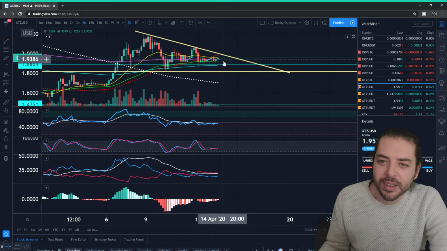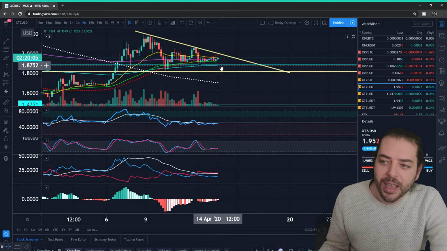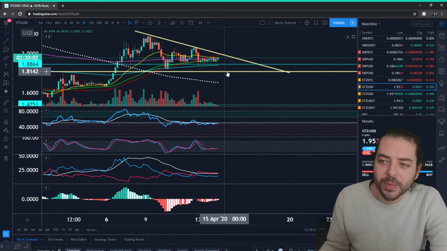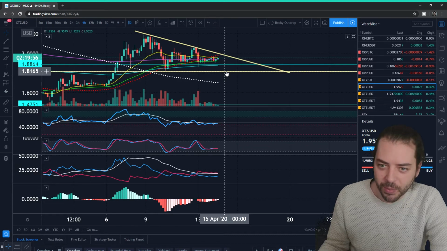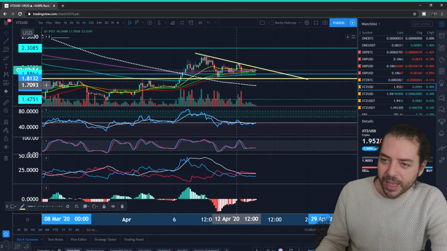So the upward side target then $2, the downward side target is 188. If we go below 188, we're going past the 144 exponential moving average, and we could be going down to revisit our potential lows here at 180. Now, if that isn't the case,